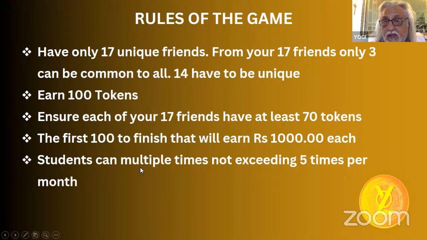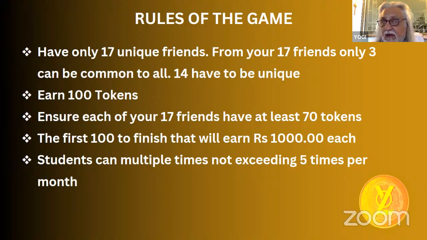We are saying you don't need 1,000 friends, you don't need 5,000 friends, which is what Facebook tells you. Get 1,000 friends and we'll give you rewards. Bullshit. You only require 17 friends, but these 17 friends have to be unique. Okay? What is unique? One will be an actor, one will be a singer. It says you're an average of the 5 people around yourself. That's what it says. And that's science, by the way. We become an average of the 5 best friends that we have around ourselves. So choose your friends with a lot of clarity in your mind.